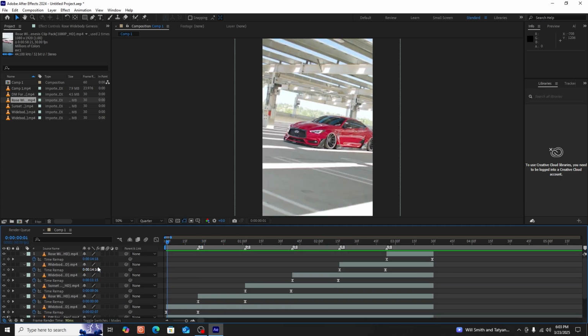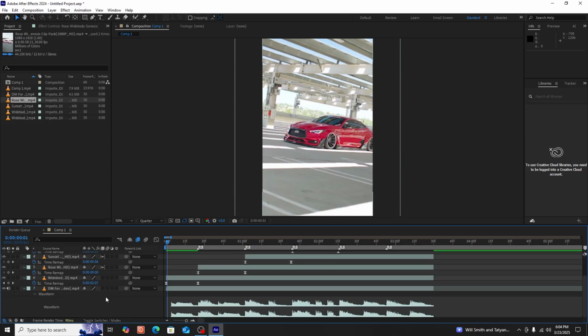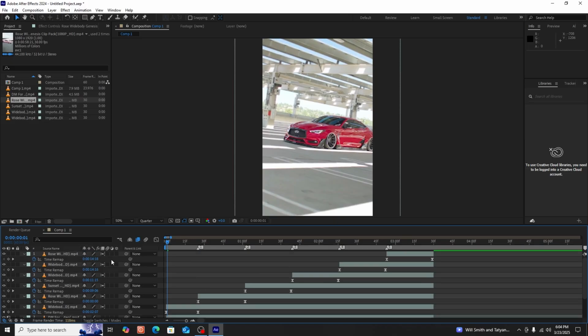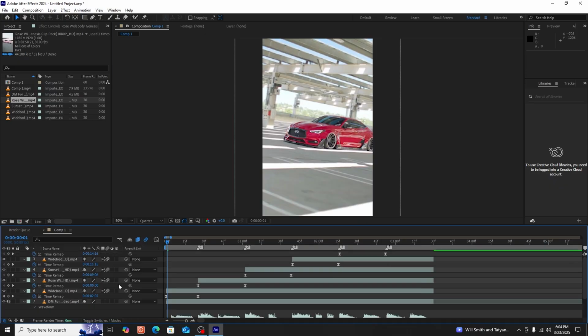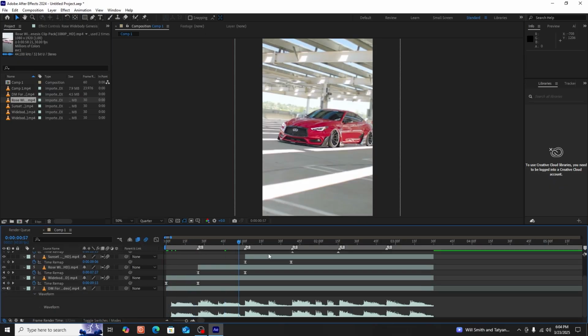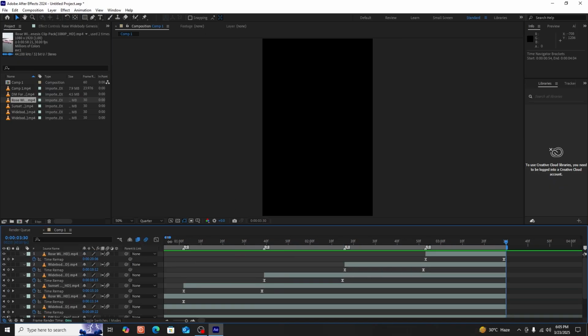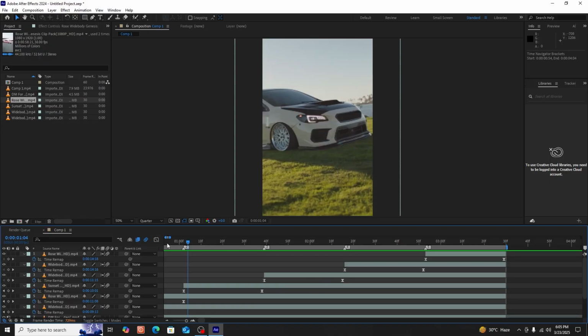Once you are done, enable the Frame Blending option by clicking here twice until you see this arrow. As you can see, the speed ramp is ready, and it looks